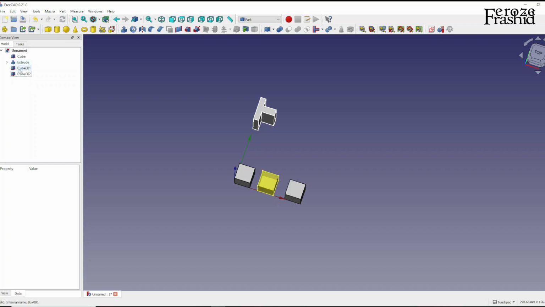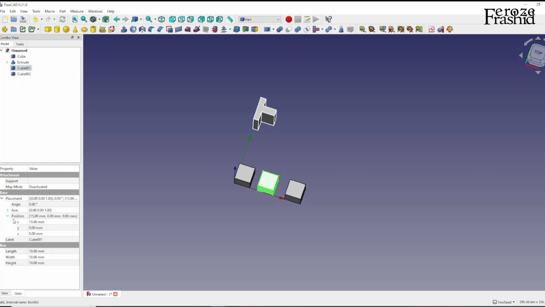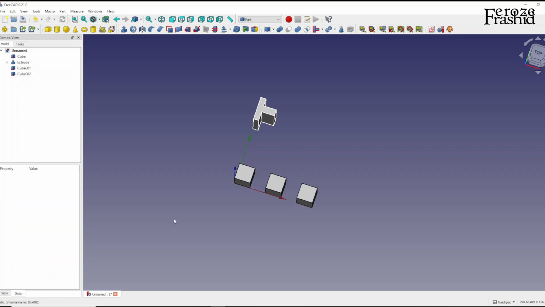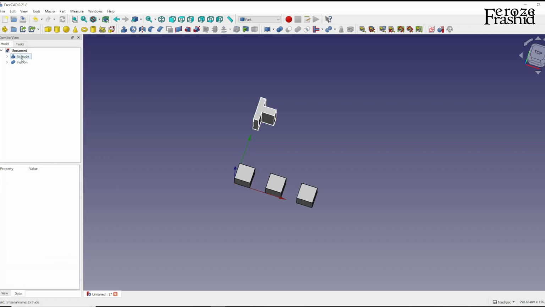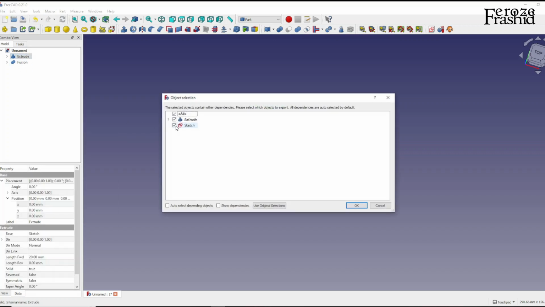Like we created one cube, one unit, and then replicated that 2 times, and we can actually make it more precise when moving them sideways. Say it is 15, we want to have it 20, and the next one we want to have it 40, so that's equal distance. We can do that. So that's one way to replicate things, and then we can make the whole thing one fusion, a union, and then we can replicate it